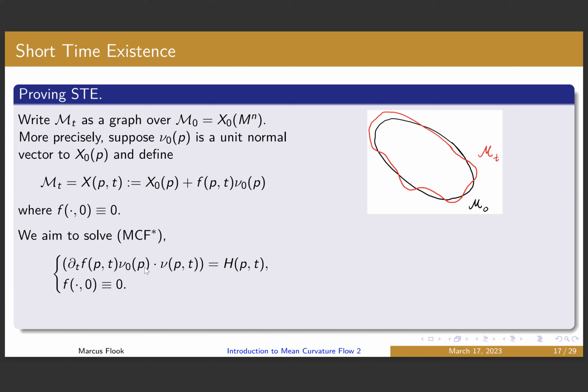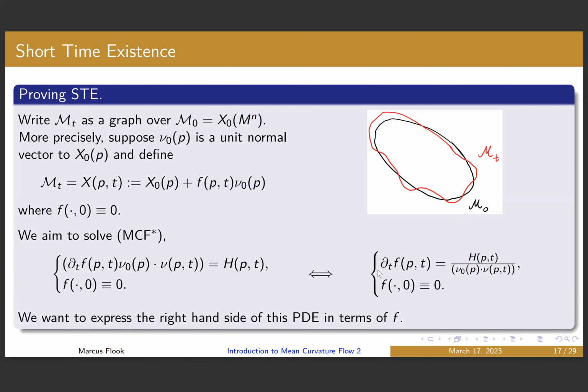So what we're saying here is I want to say that the time evolution of the mean of the embedding in the direction of the normal component is equal to the mean curvature. So there could be, and there likely will be, some kind of tangential component here. If I rearrange this expression, I can get us into a nicer form where we have the time derivative of the f function is equal to the mean curvature divided by this product of the initial normal vector and the